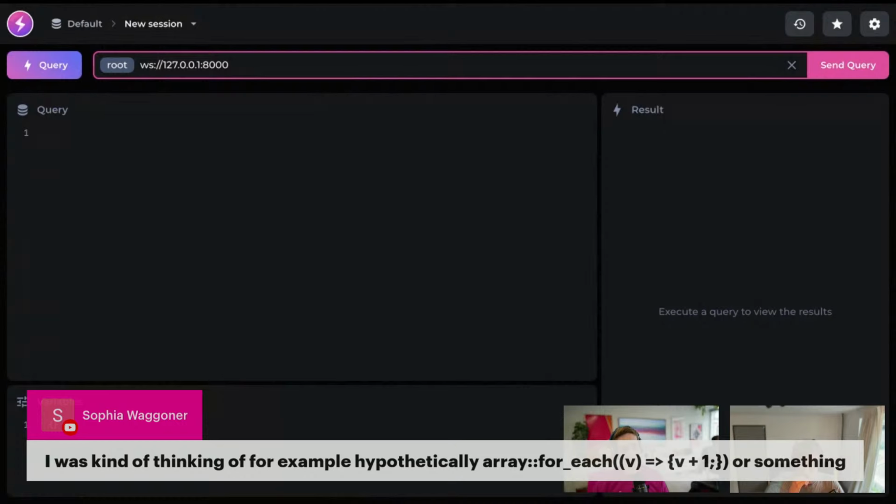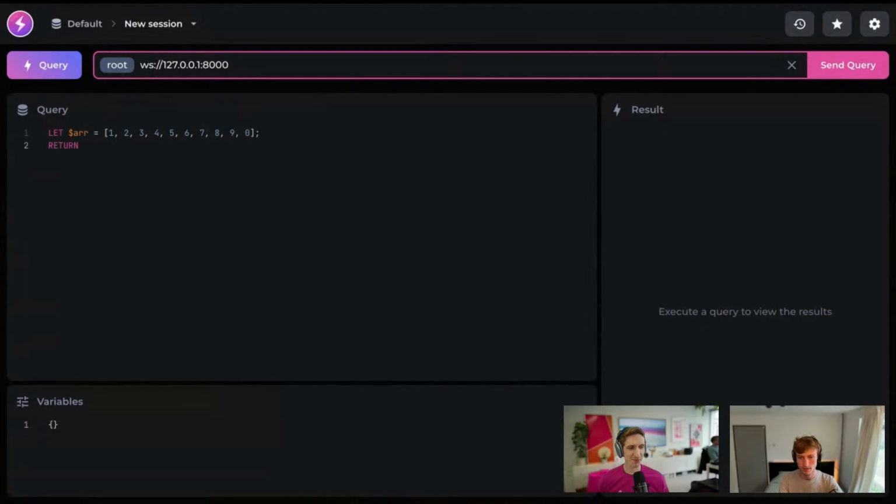But it's something we want to have support for in SurrealQL itself in the future, so that you can manipulate your data in that way as well. So hopefully in a future version, we're going to have a for query, which is moving towards that functionality, and then lambdas down the line as well. In the meantime, some of the more advanced functionality that you can do with JavaScript functions, Misha will give a demo of here.